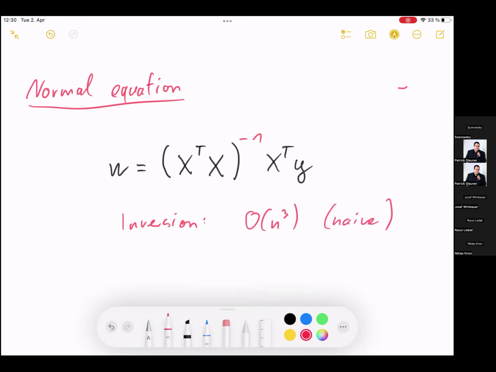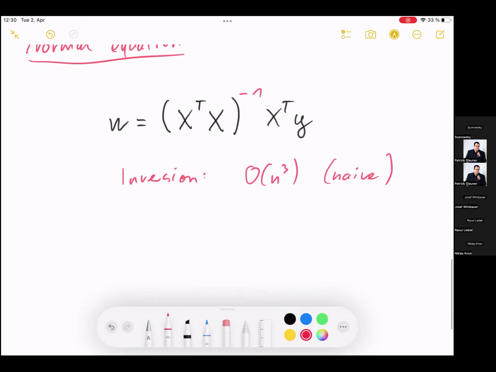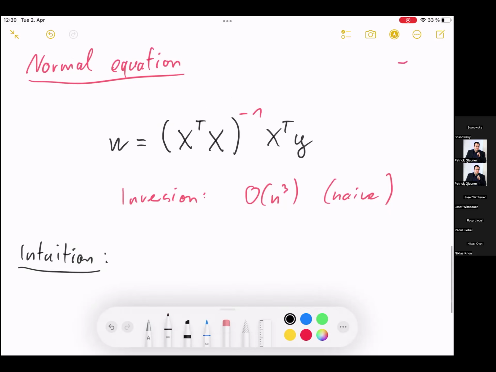If you use the Strassen algorithm, you can do it a little bit faster, but matrix inversion is slow. That's at least the essence of this. And you're wondering, where does this normal equation come from? Why does it look like this? What I want to show you is just an intuition. Very important: what I'm doing now is not a derivation, because if you derive the normal equation, you need to